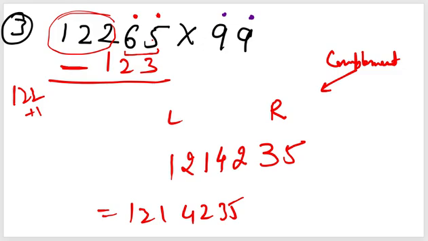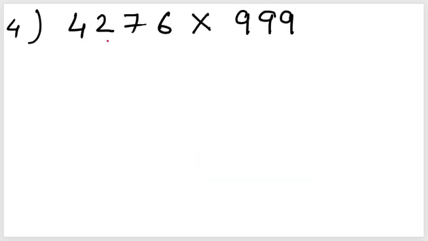See how quickly it can be calculated. With more practice one can master this calculation. Now here again we are observing 4276 is to be multiplied with 999, and there are 3 digits and 4 digits. So first of all, I'll highlight these 3 digits from the back side, which are going to give me the right part of the answer. What is the right part of the answer? The complement. So how to find the complement? All from 9 and last from 10. So 9 minus 2 is 7, 9 minus 7 is 2, and 10 minus 6 is 4. So one part is done.